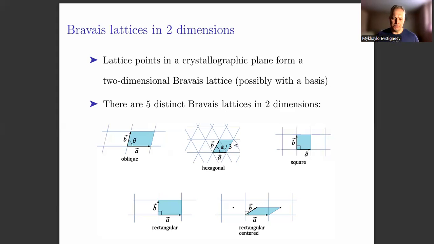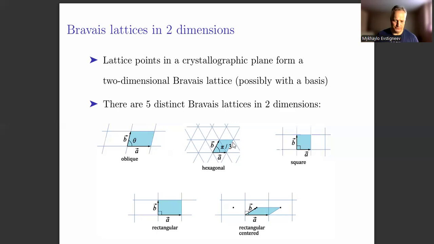And the primitive cell of a hexagonal lattice is a rhombus with the angles: two opposite angles are 60 degrees and the two other angles are 120 degrees. I mean, the reason why it is called hexagonal is obvious because this figure is